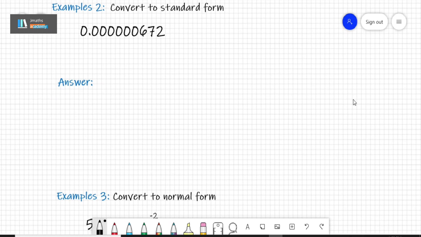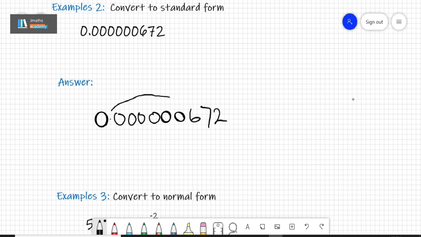So here we have a very small number, 0.000000672. Convert this to standard form. Let's rewrite the number: 0.000000672. Remember to convert this again: we send our decimal point to after our first non-zero digit, which is 6 here, and this gives us